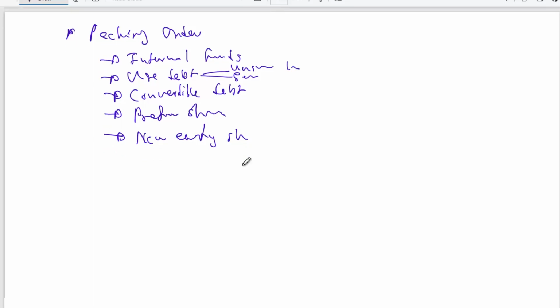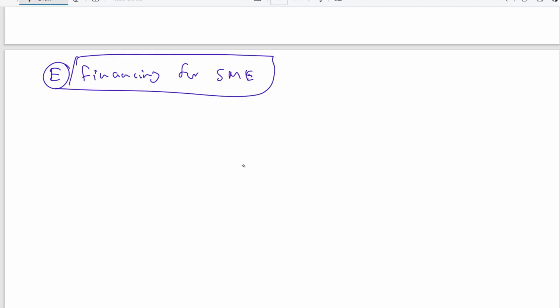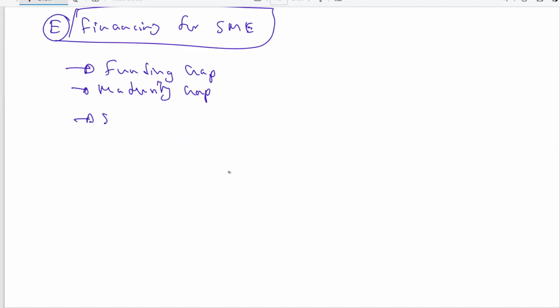And the final main area that you should know is the financing for SMEs. Under the financing for SMEs, the first area that you should know is what this funding gap is and what this maturity gap is. And the next one is the sources of finance for the SME. So apart from whatever sources of finance we discussed in Part A, you can use